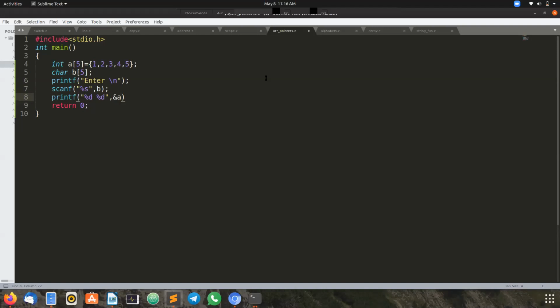I want to print from the integer array. So the index starts from 0. If I want to access the third element, that index will be a of 2, isn't it? If I want to access the last one, the array length is 5, so it starts from 0 and goes to length minus 1. Length minus 1 is 5 minus 1, that is 4.